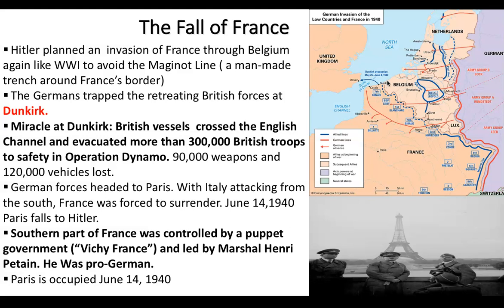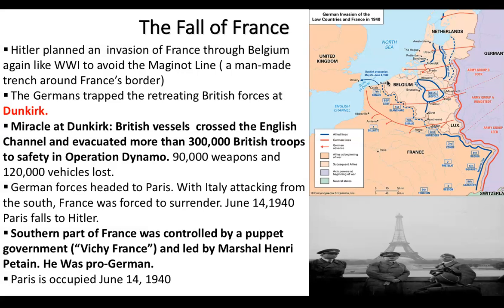So in France, the northern portion of it is going to be called occupied France. The southern portion of it, he claims, is free. It really isn't. It's called Vichy France, and it's ruled by Pétain. And he definitely supports Hitler. He's pro-German. It's a puppet regime, meaning he got his job from Hitler, and he's Hitler's puppet. He'll do whatever he wants. It's definitely not free. It's just not as strict as occupied France, where it's Paris and where Hitler has total control.